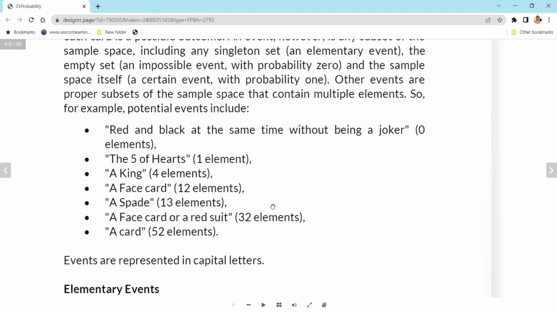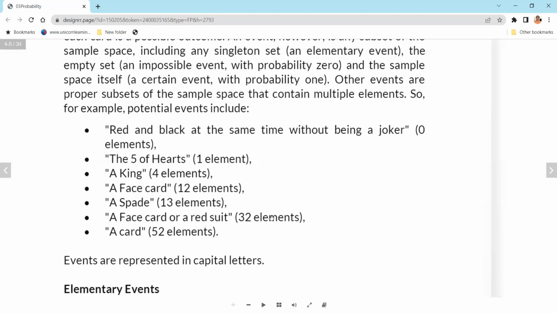26 and 12, 8, 38. So it's still not 32. Why? They are not including the face card. Including the face card. So see, when you say 13 plus 13, 26, you are also including the red color